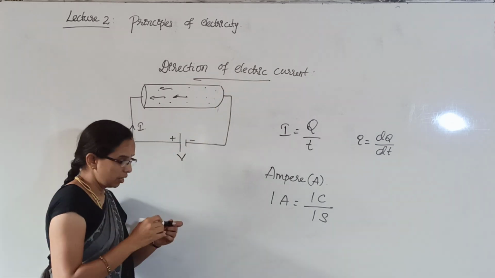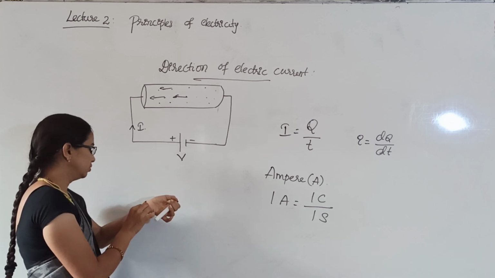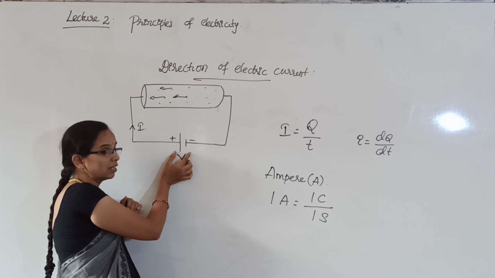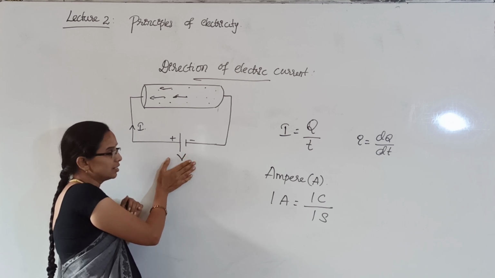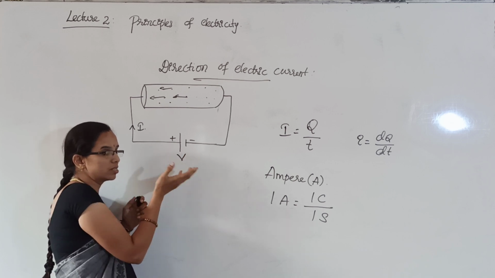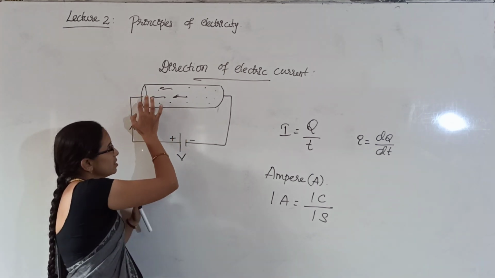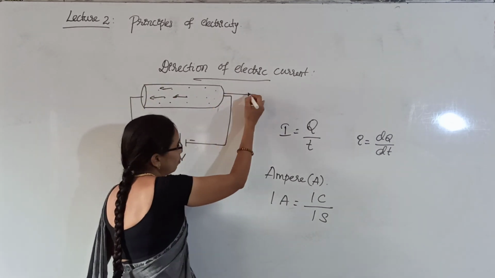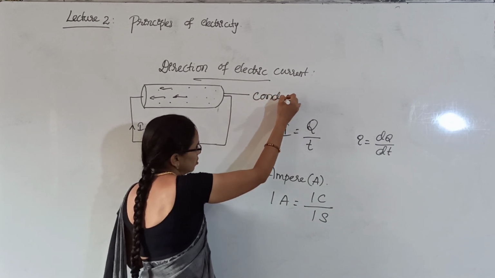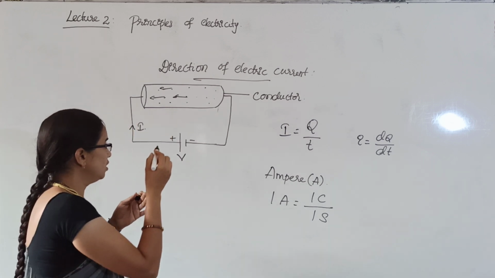This is a simple electronic circuit I have drawn here. This is the symbol of your cell that you might have studied, and a DC source is connected. You can also call it a cell which gives us DC voltage, and the wire is connected to a conductor, a copper plate or something. Anything, copper or aluminum, you can take.